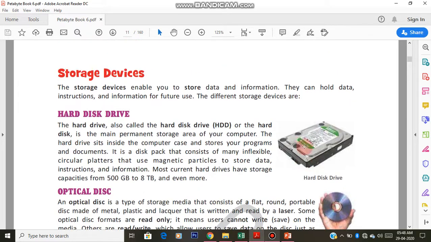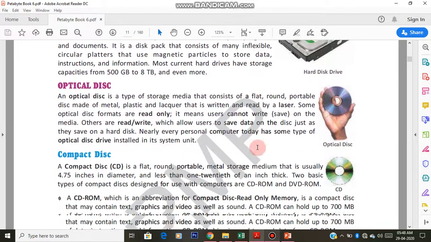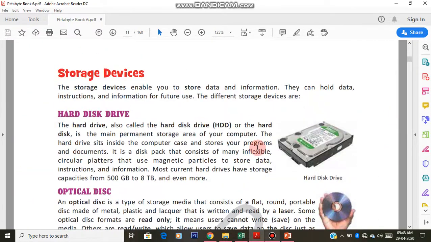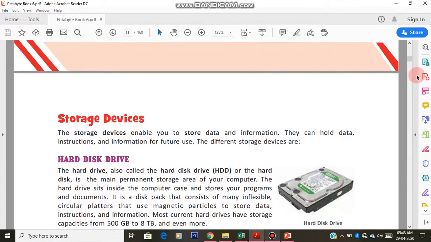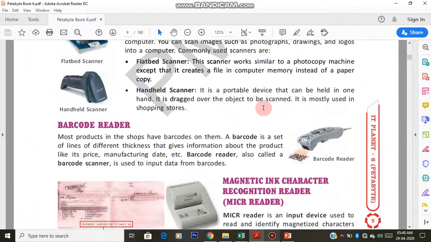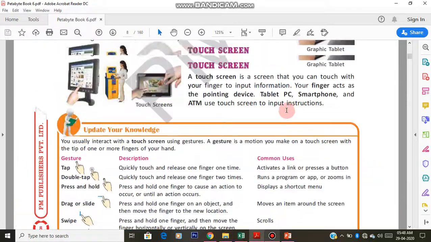Starting from storage devices. Under storage devices we are going to learn these many. Okay, so what are storage devices, why we use them? See, in the process of computer working, what are the things that go on in the computer.